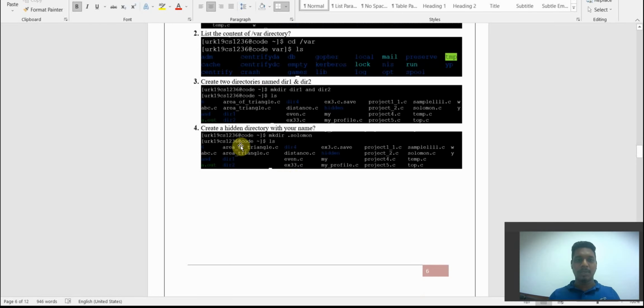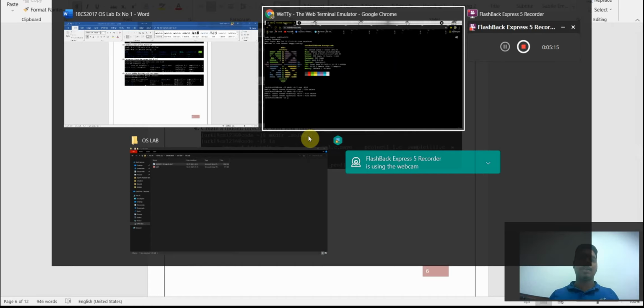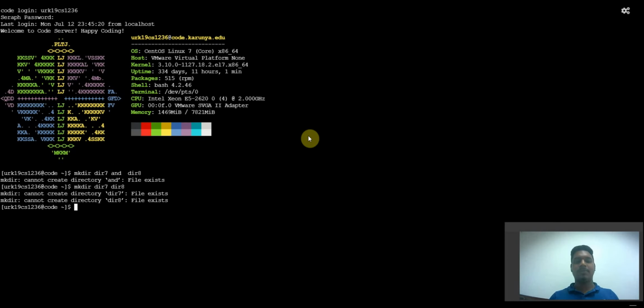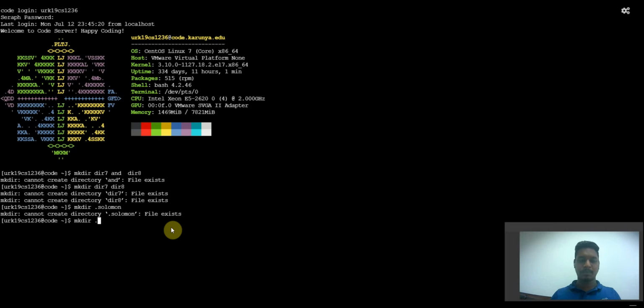Next, when we go to create a hidden directory with your name, if I want to create a hidden directory with my name, we need to use a dot before the file name, then the file will be hidden. Now let me do mkdir. Let us go with a hidden file called solman, that is my name. Solman says file exists, so let us go with another name, mkdir .karunya.